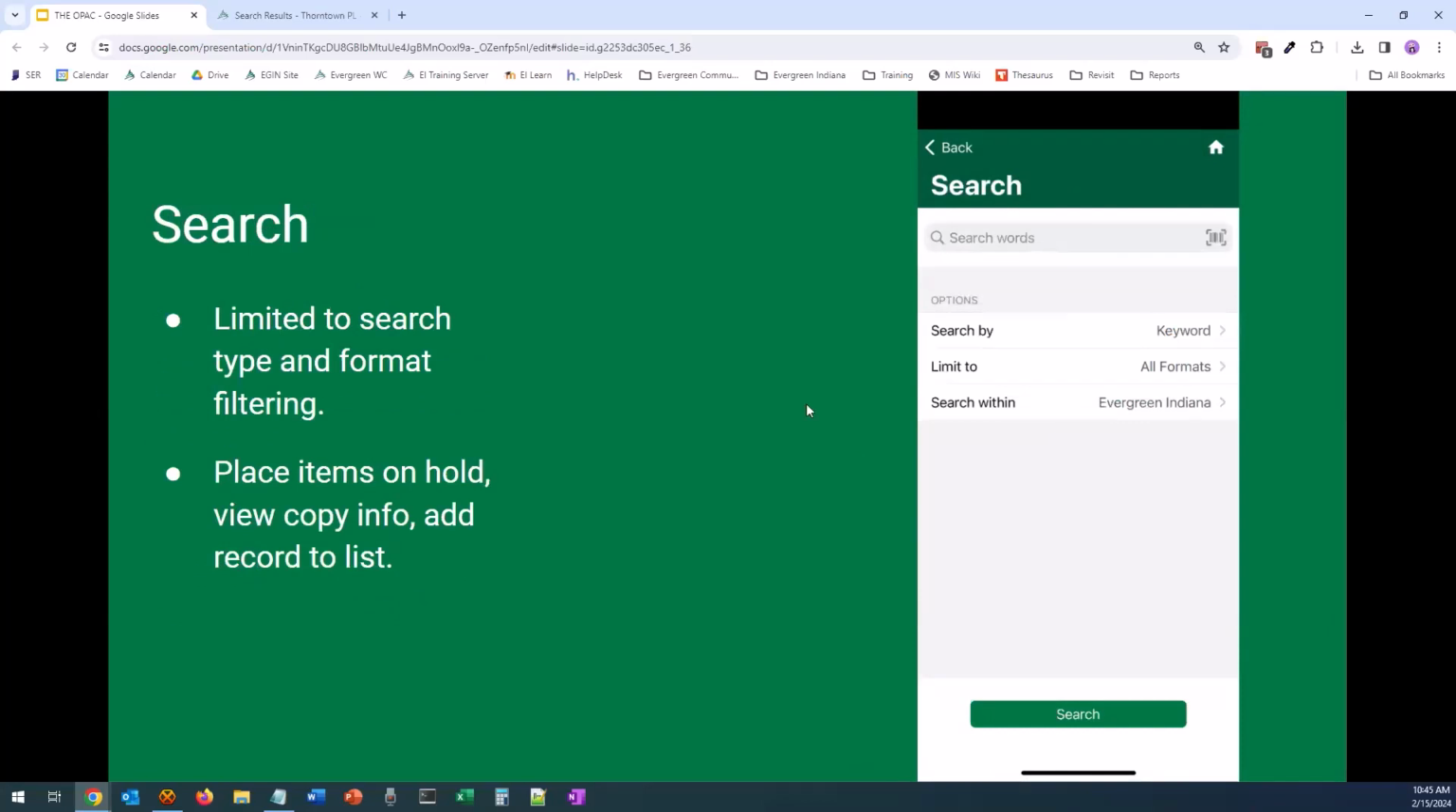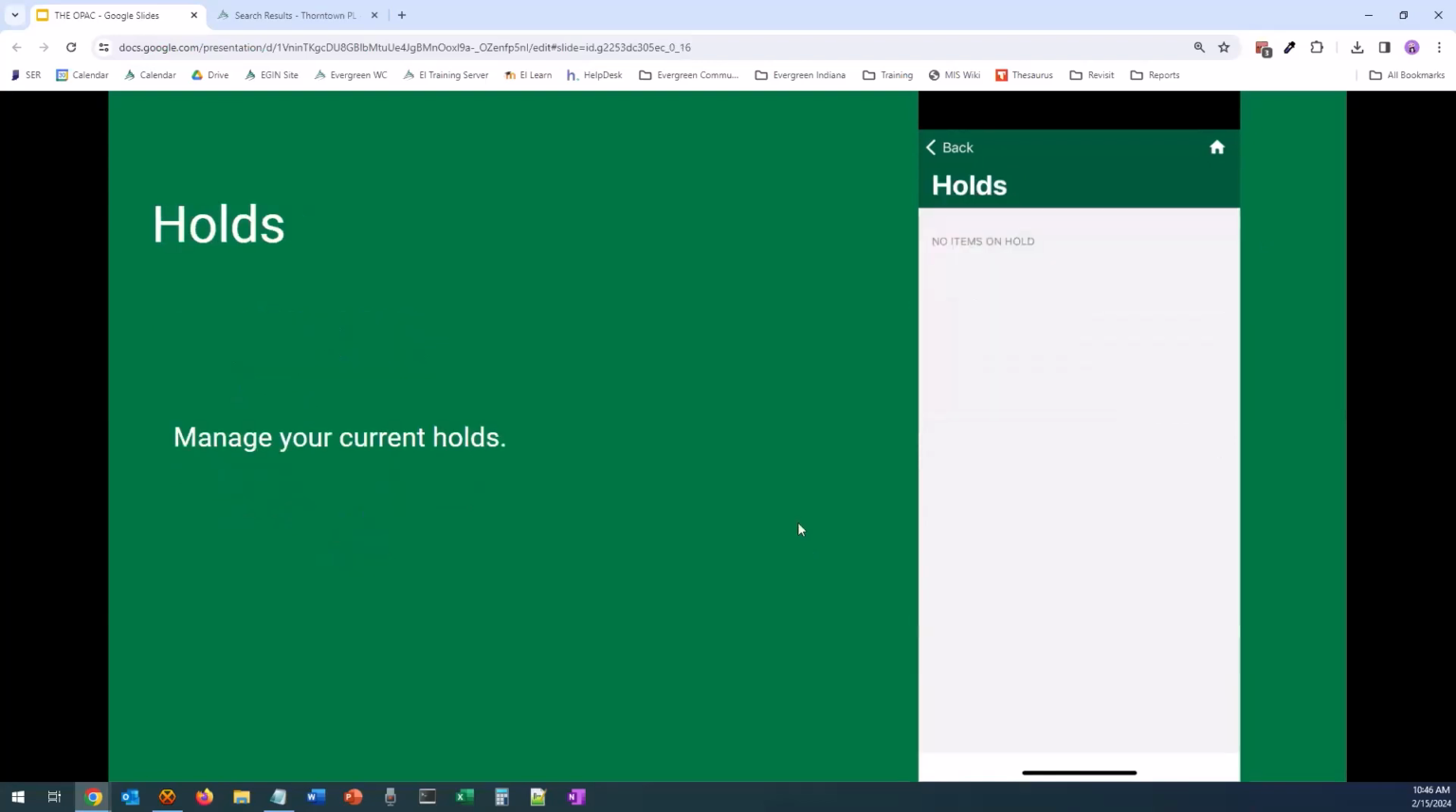Search, they are limited to search type and format filtering. From here, they can place items on hold, view copy information, and add records to a list. Holds will allow patrons to manage any holds placed on their account. They can see the status of a hold, the number of holds across the number of holdings, and their position